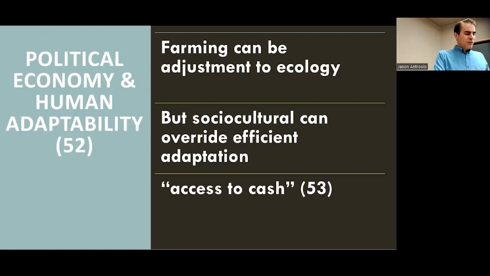Oh, there it is. Page 53. Heat, cold, hypoxia, and disease are still important in human adaptability research, but access to cash plays no less important a role in bringing about or coping with environmental stressors. That's for sure. If I have access to cash, turn on the heat, turn on the air conditioning, as we'll talk about in a second. It's very important. Talking about political economy. All right, let's just dive ahead here into the fundamental concepts and methods.